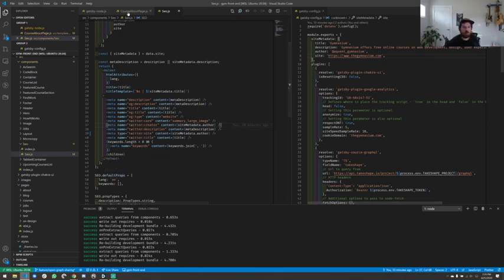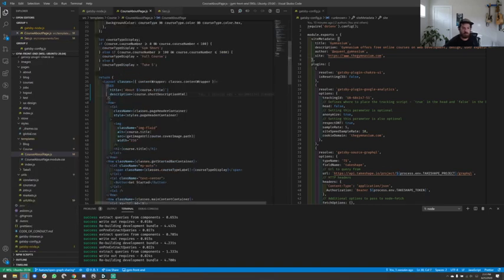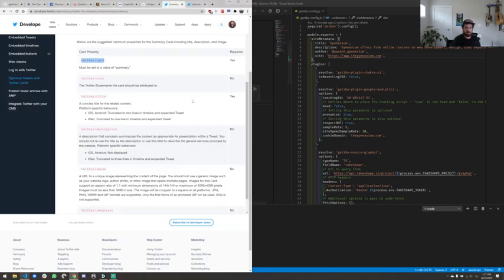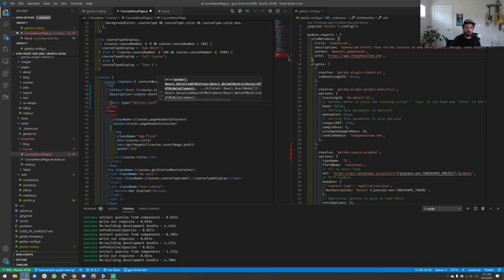So what we're going to do on that course about page in our SEO is we're going to pass in a meta type equals Twitter card, and then content equals summary. So this is saying